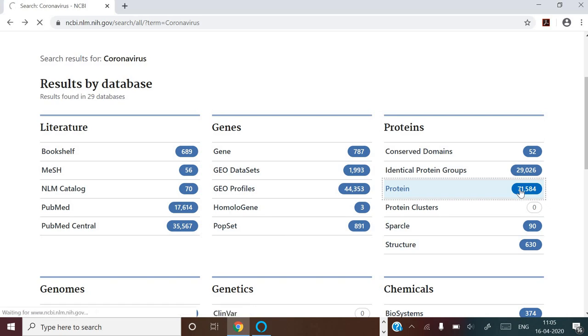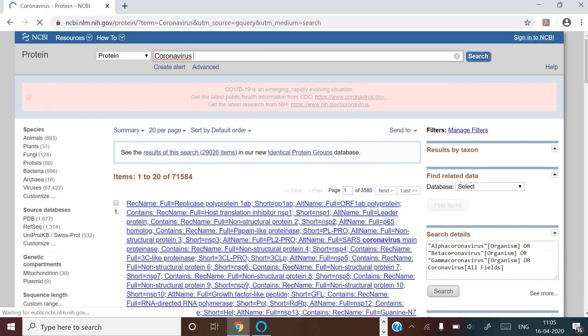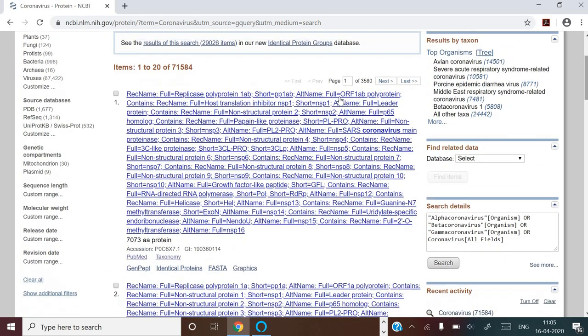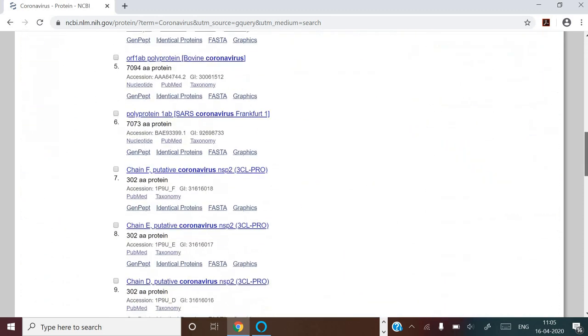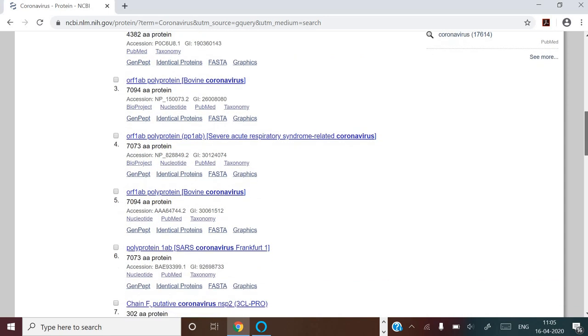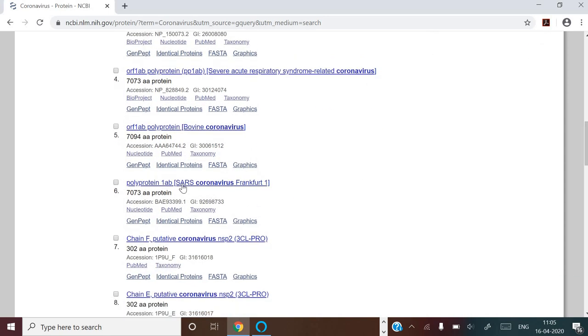Suppose I go to proteins, you can see the number of results there. These are the different results you can see. Suppose I go for this polyprotein 1AB, SARS coronavirus, and click on this polyprotein 1AB.